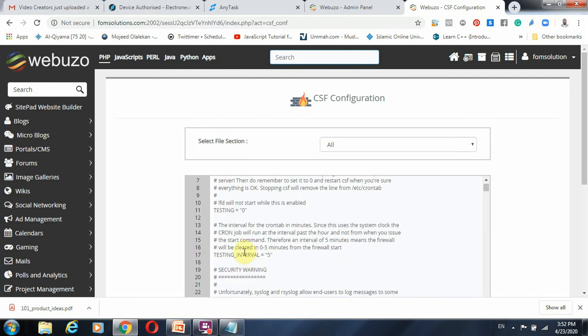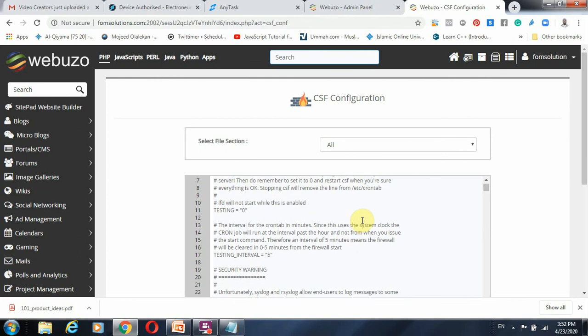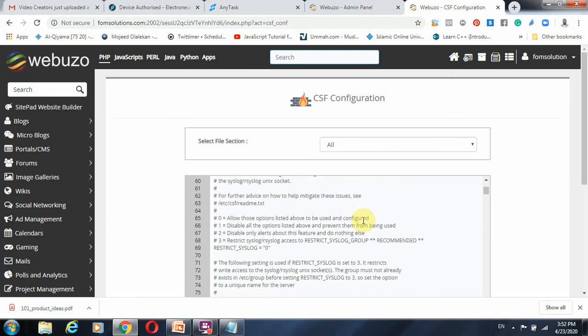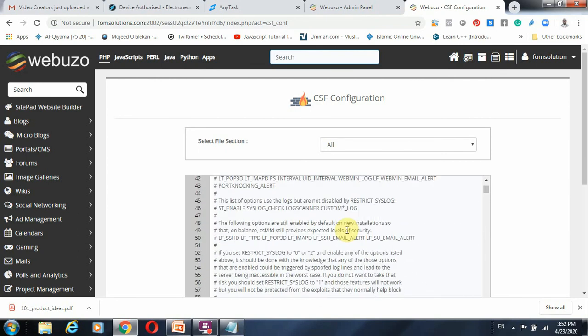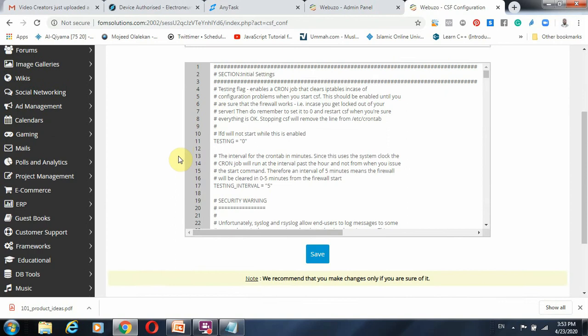You just have to change that testing to 0, which makes it start, and everything will be okay. You can read this instruction. Please, for God's sake, don't change anything except this testing setting. It will be 1 by default. Just change it to 0 and save.